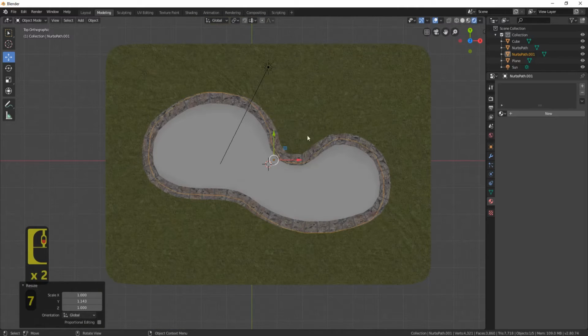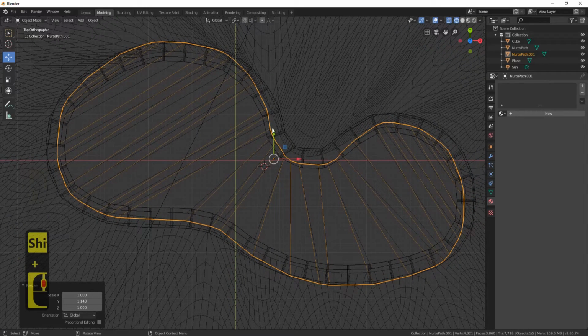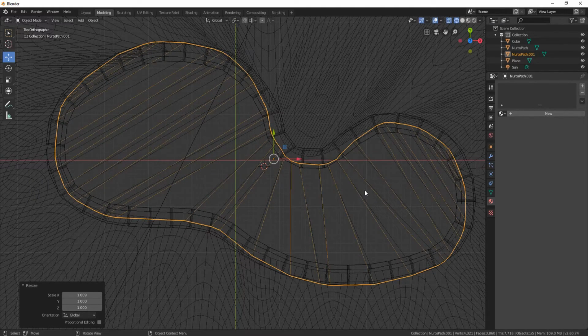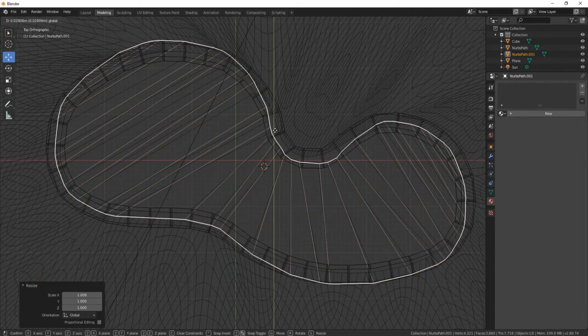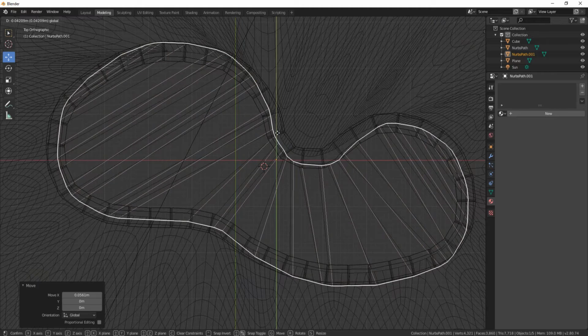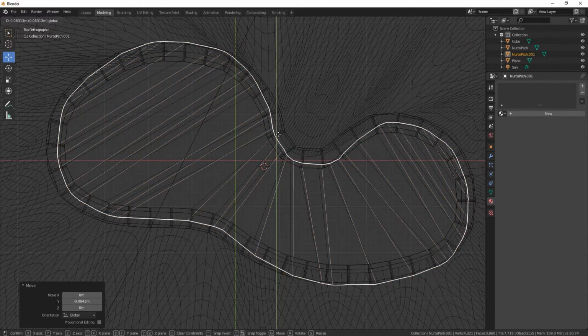You can go over the top as well. Press the Z button, go into wireframe, and now you can make sure that it's in the middle, all these things. And I can see that I can actually bring it a bit more on the x-axis, so let's bring it out a little bit more. I'm looking now to make sure that I'm happy where this is placed. So I'm just going to move it over just a little bit. I don't want it going past the concrete point, of course, so I know that I need to bring it in